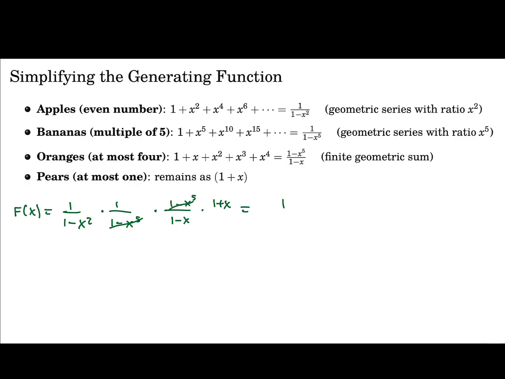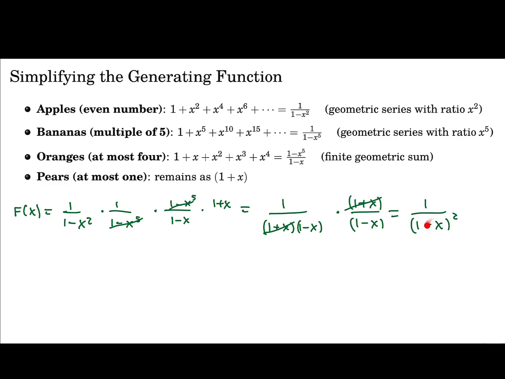is 1 over, and so also this 1 minus x squared, this is a difference of squares, so you can write this as 1 plus x times 1 minus x, so that's the first term. The second one there you cancel out, and so you get this 1 plus x divided by 1 minus x. Now these cancel out, and that means that you just end up with 1 minus x squared. So that means our f of x